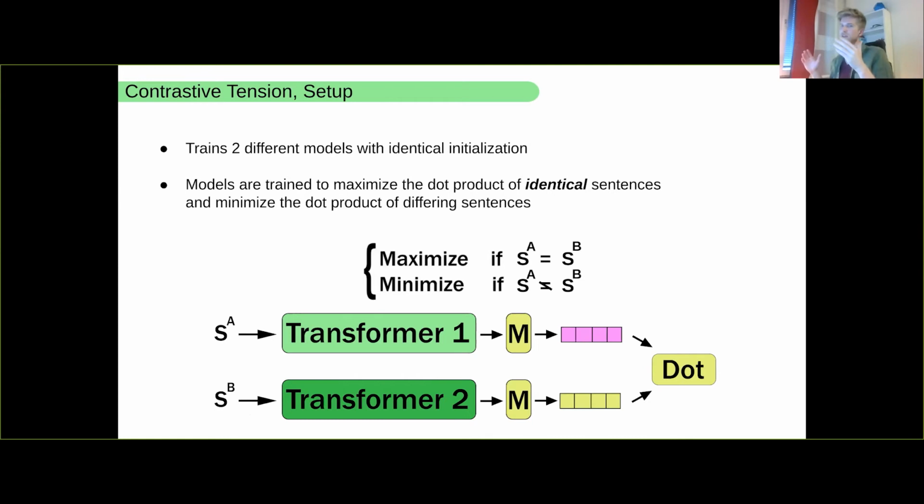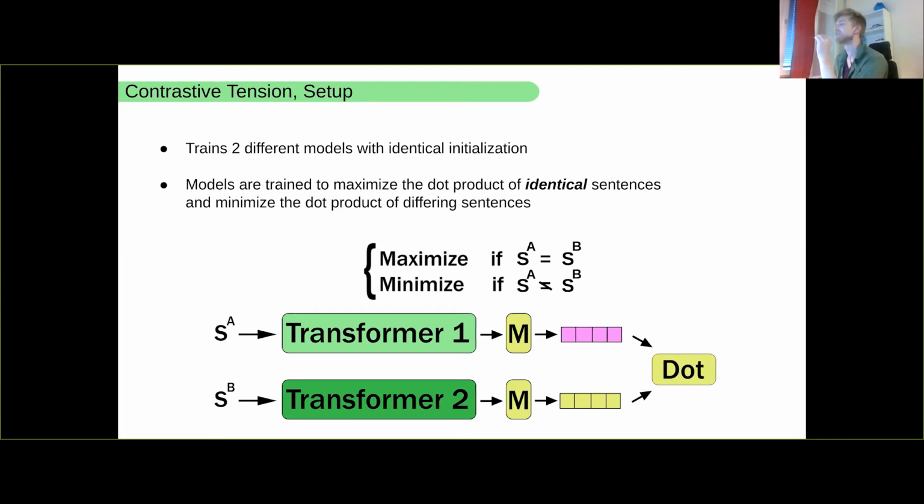So to the method. What we do here is somewhat different from previous methods in the sense that we're training 2 encoder models at the same time. And then we're taking the dot product of these 2 models and we're saying, okay, we want to maximize the identical sentences and minimize the correlation of the differing sentences. At first glance, this does not seem very intuitive. And unfortunately, the more you look at it, I'm not sure how much more intuitive it's going to get, but